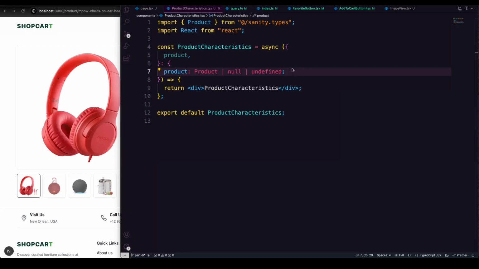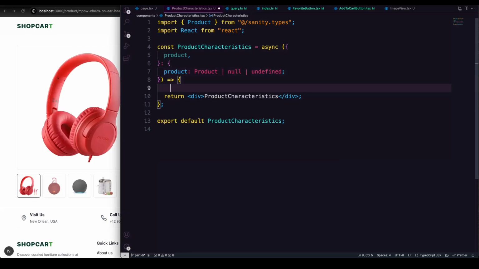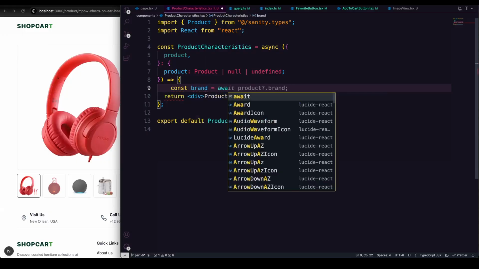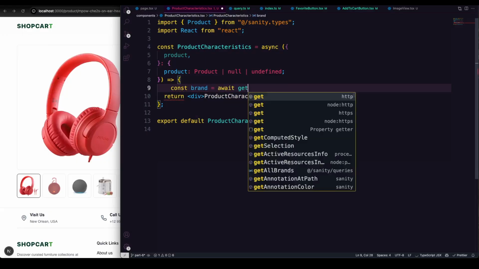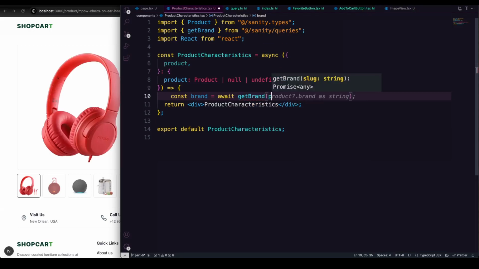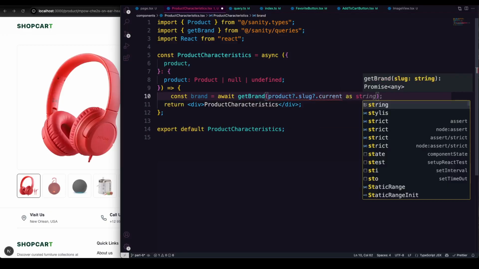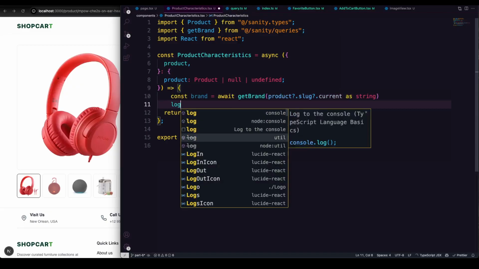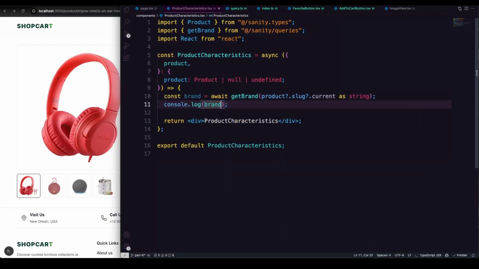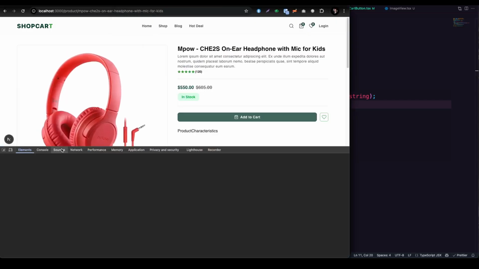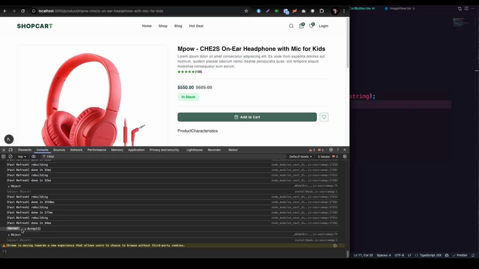Right now what we can do is get that. So const brand value is equal to await getBrand, and from that we pass product.slug.current, which we get as a string value. Now we're going to log our brand properties, and we'll see if we can visibly inject any of the brand right here. So this product, as you see, has a brand. So from the server,